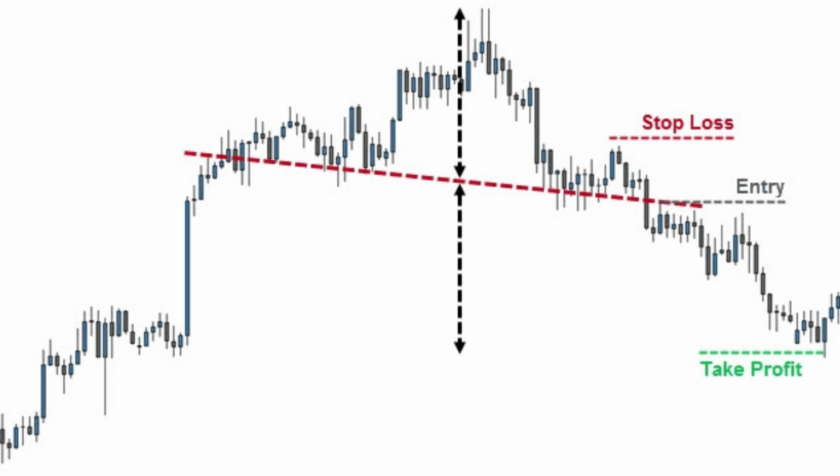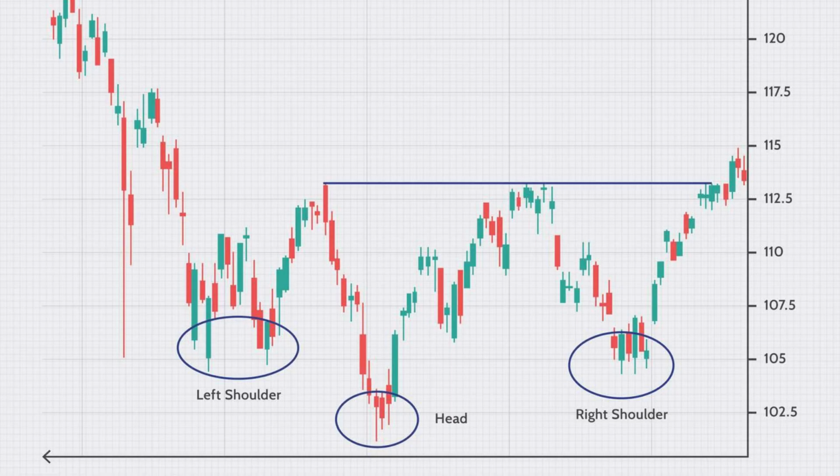Remember, the head and shoulders pattern is not limited to just bearish reversals. Inverse head and shoulders patterns can also indicate bullish reversals in a downtrend. The only difference is that the pattern is flipped upside down. Remember, trading any pattern involves risk, so always practice proper risk management and use this information as a tool to